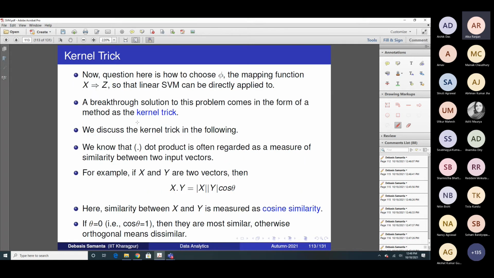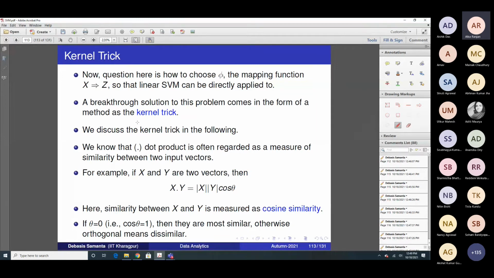Product of two vectors that can be obtained, and based on which this concept, the kernel trick, is more easily understandable. As you know, if x is a vector and y is a vector, then x dot y is called the dot product, and the dot product is also called the cosine product. What is the meaning of that?